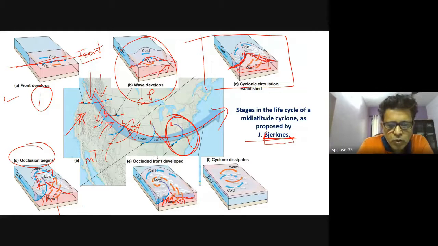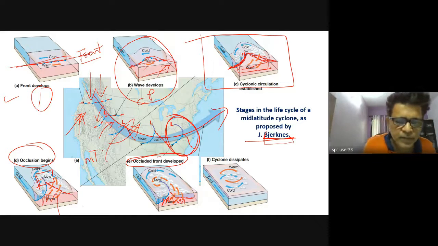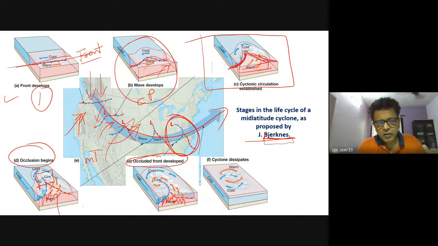Okay, you'll see that the occluded front has now developed, and it is pushing up. It's very strong, the occluded front, and it is literally lifting up the warm air mass. All this is mechanics, of course, but then this is the story of how we develop around it. This is what Jerkins had to say. The fifth stage is where the occluded front closes in, and of course it tends to push up the warm front. And eventually what happens is, once the whole thing has happened,